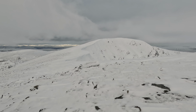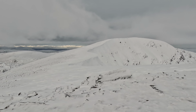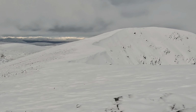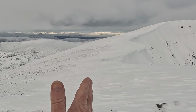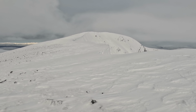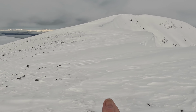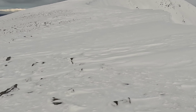As you can see, there's some spectacular cornices here. Really big, overhanging slabs of snow and ice just waiting to go. Some of them are cracked and ready to fall. Just keep to the stony section. Pretty impressive, eh? Very easy to misjudge that in poor visibility, especially with the way it's contouring in. So, like I said, onto the rocky section, and just take the impact to the feet rather than the impact